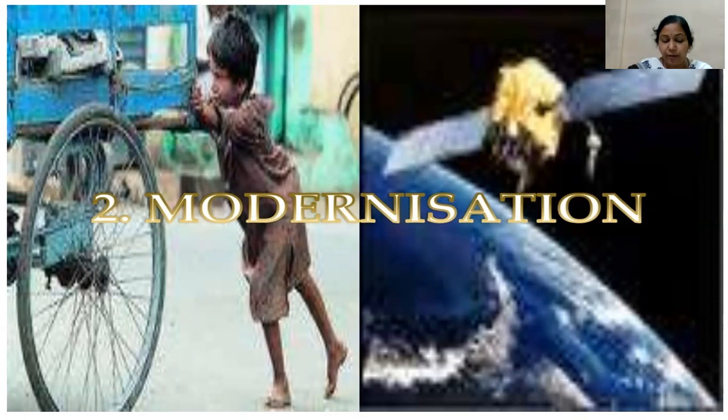Modernization aims to increase the production of goods. First of all, we will talk about the adoption of new technology. Modernization aims to increase the production of goods and services through the use of new technology. For example, a farmer can increase the output on the farm by using new seed varieties instead of the old ones. Similarly, a factory can increase output by using new types of machines.